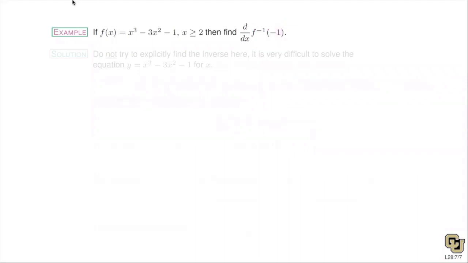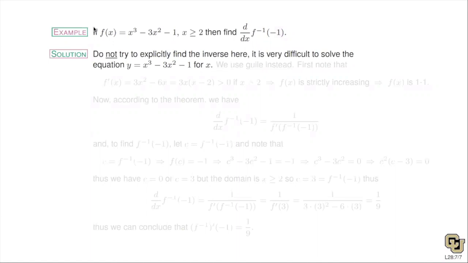So here it's really important that you realize that in this problem, we're meant to use the theorem. Don't try to find the inverse. In this case, it's very difficult, if not impossible, to solve this equation for x. So this equation right here, y equals x cubed minus 3x squared minus 1, it may be impossible to